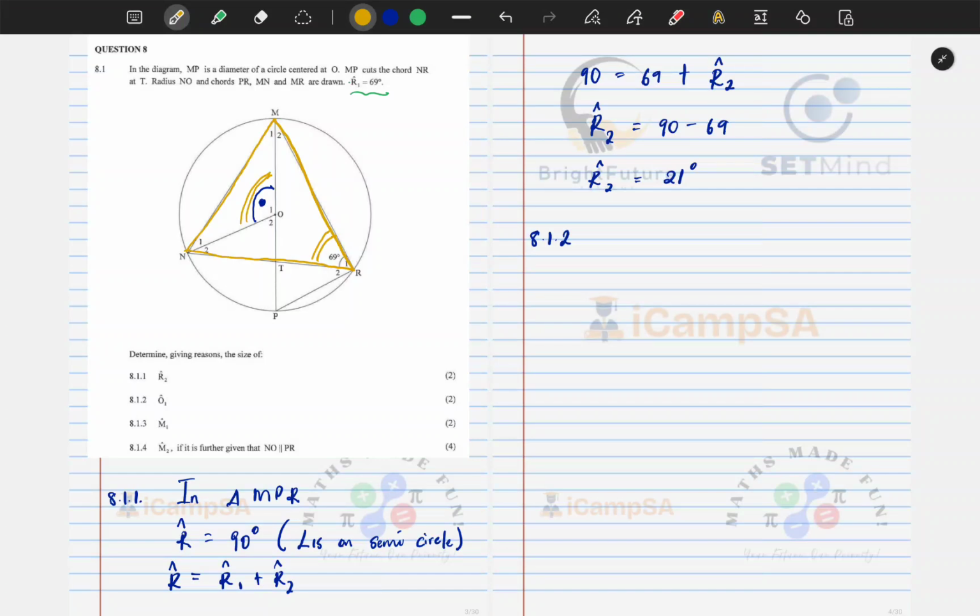So now already I know that angle O1 is going to be twice angle R1, right? So now my reason is going to be angles at center